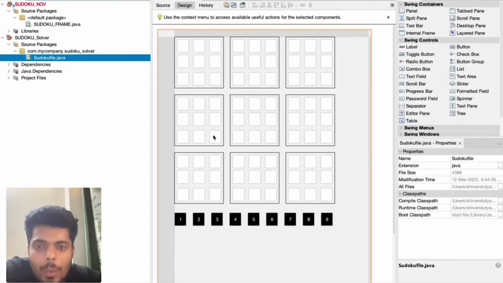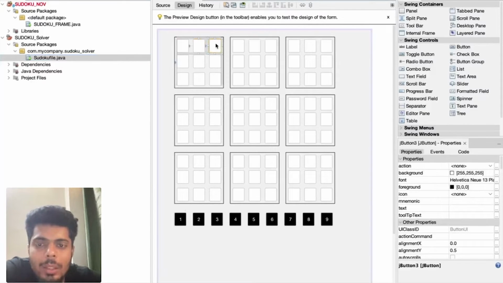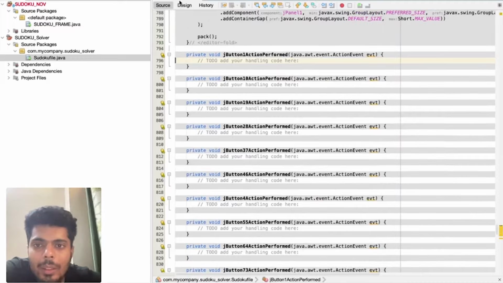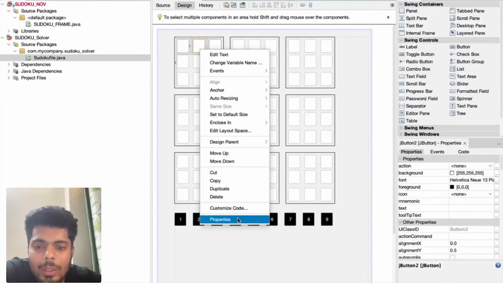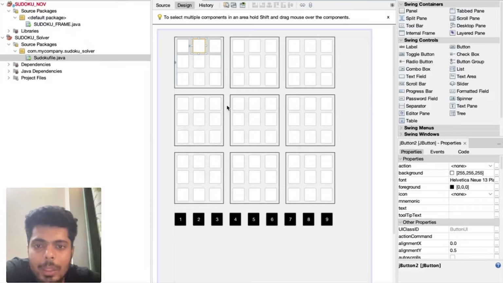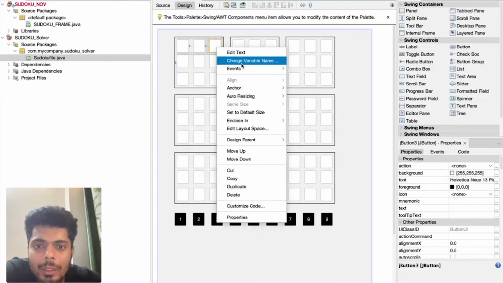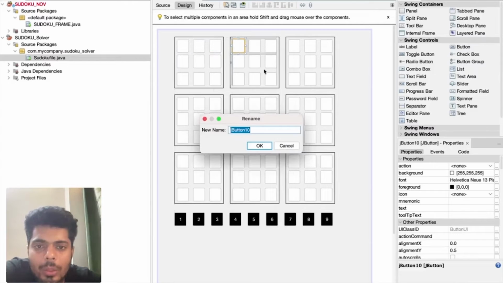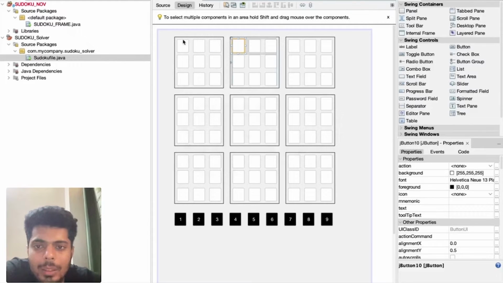What I wanted is for the naming of these buttons to be in sync in column-wise order. Let's say this is JButton1. This is JButton2, this is JButton3. I wanted this to be JButton4. But this is JButton10, since JButton 1, 2, 3, 4, 5, 6, 7, 8, 9 are in the first panel.